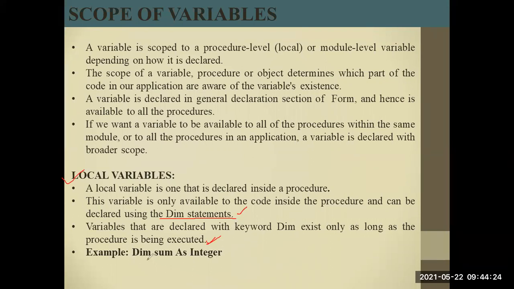For example, all the accessibility variables that we declare have the scope of a local variable, which is limited to a particular procedure. Fine. So next is your